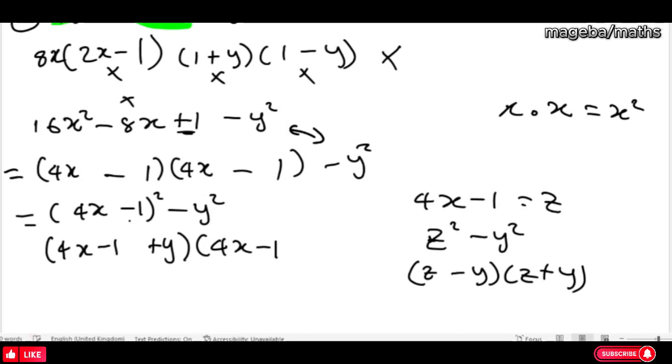Oh sorry, this is positive, so this one has to be negative, because one of them changes the sign, so this one has to be negative. Sorry about that, this one needs to